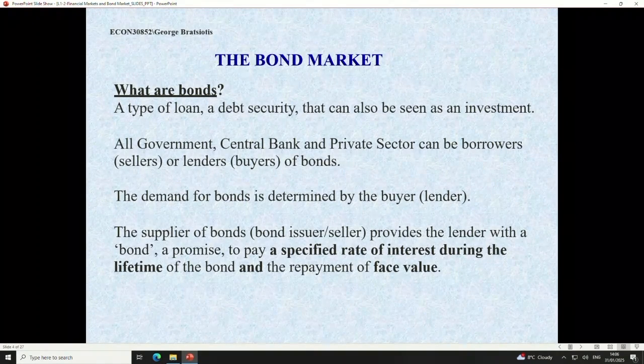Yeah, that person is the borrower. So the one that sells bonds, think of it this way: this is a piece of paper. I'll give you a piece of paper because I need money, basically. I'm asking you for money because I need to use it for something. If I'm a company, I may use a corporate bond to expand my business. If I'm a government, I may issue a bond because I want to finance my deficit or my debt, right?